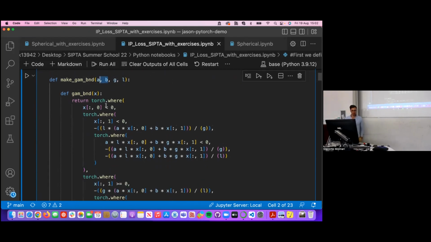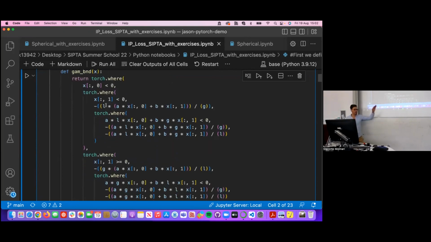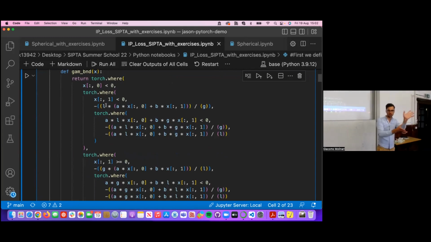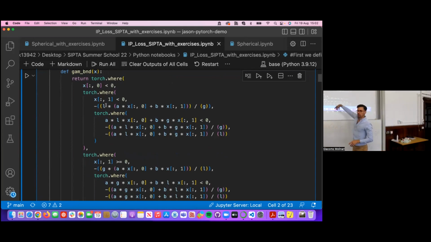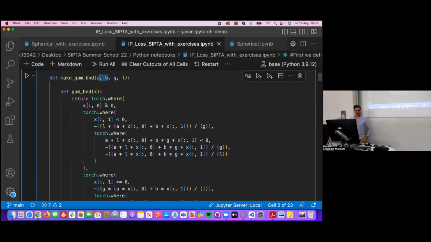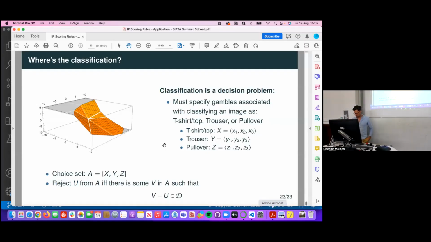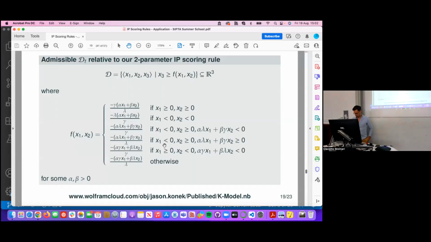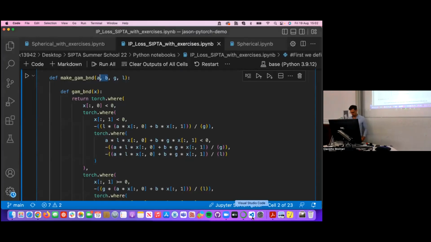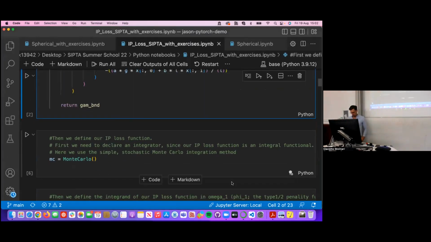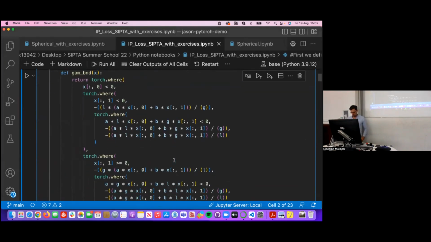And once it has that information, then that big conditional statement where it said, well, the boundary is this half plane if you're in this region, this half plane if you're in this region, this half plane if you're in this region, we're going to have to just code that in by hand. So that's what we've done here. There's nothing interesting going on. That is just this coded using torch operations so that we can keep track of the gradients. So now we've taught it how to build the boundary,